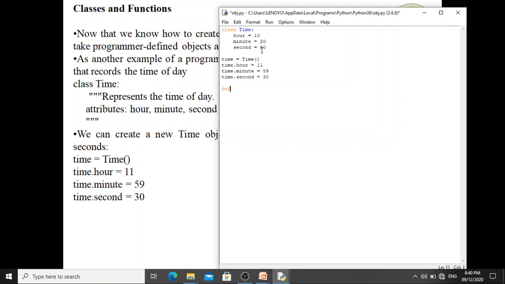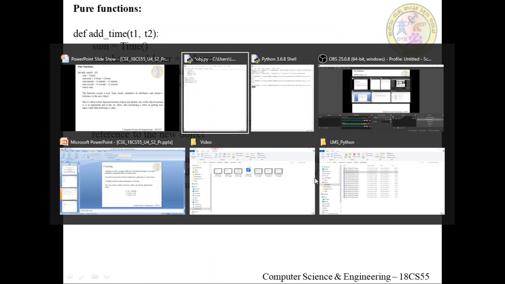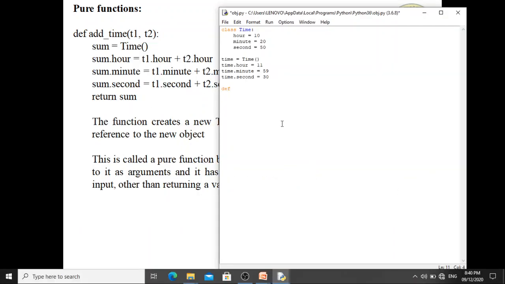Okay, now we'll define one function, as we have defined here. This is a pure function, so def add_time(t1, t2). We have used sum equals Time, so sum dot hour equals t1 dot hour plus t2 dot hour.